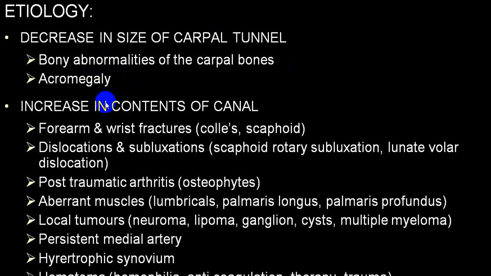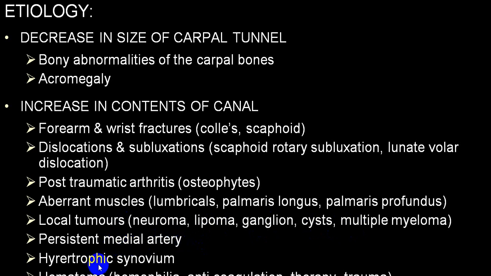So there may be increased content in the canal, secondary to wrist fractures or forearm fractures like Colles fracture or scaphoid fracture, dislocation, subluxation, or post-traumatic arthritis, and there is a formation of osteophytes, or there is an aberrant muscle, or there may be a tumor like neuroma, lipoma, ganglion, cyst, multiple myeloma, or there may be an arterial compression like persistent median artery,